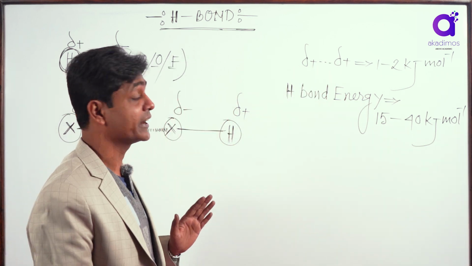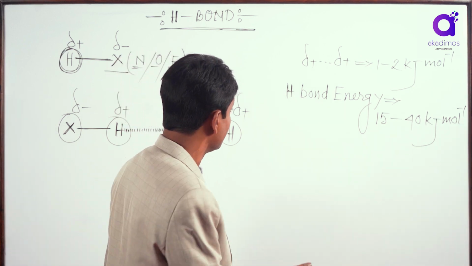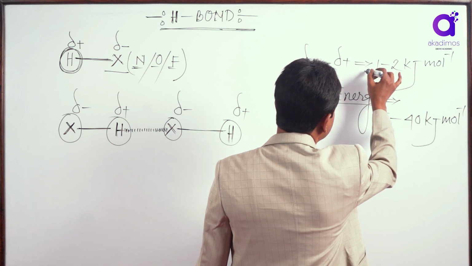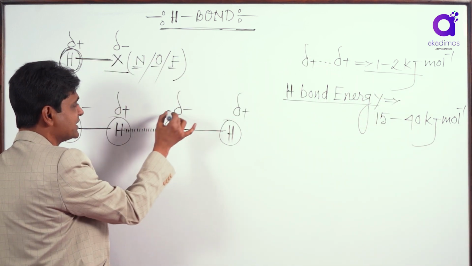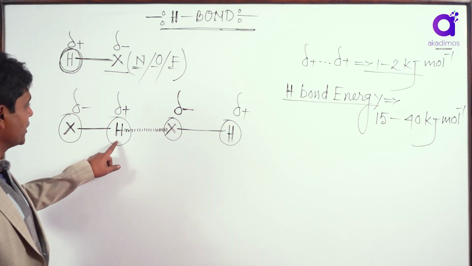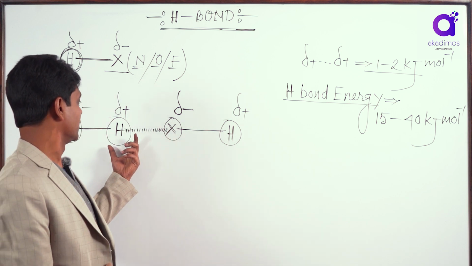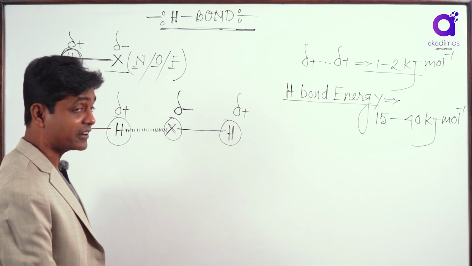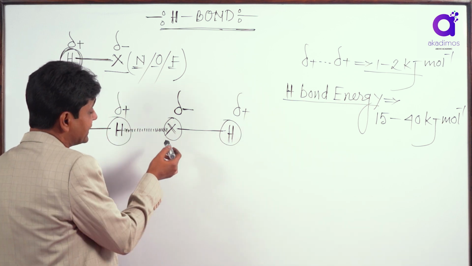Now the question will arise, how will this additional energy come? How is this energy greater than dipole-dipole attraction? Remember, this dipole-dipole attraction is the driving force to form the hydrogen bond. This dipole-dipole attraction will bring the X close to H, but after they are closely distant, then the lone